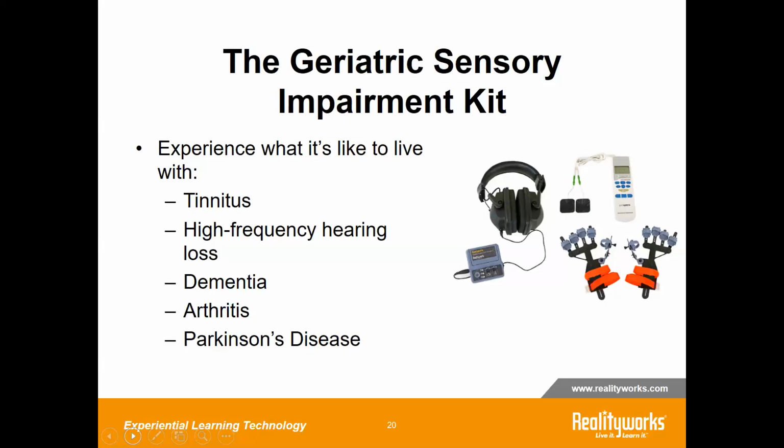The Geriatric Sensory Impairment Kit includes a hearing impairment simulator, an arthritic simulator, and a tremor simulator. Now, when you wear the hearing simulator, it gives you a chance to see what it's like to live with tinnitus, you know, that annoying ringing in your ears, a high frequency hearing loss, and general hearing loss. We've even included a dementia component that has some unintelligible, confusing sounds that just add another layer of complication to